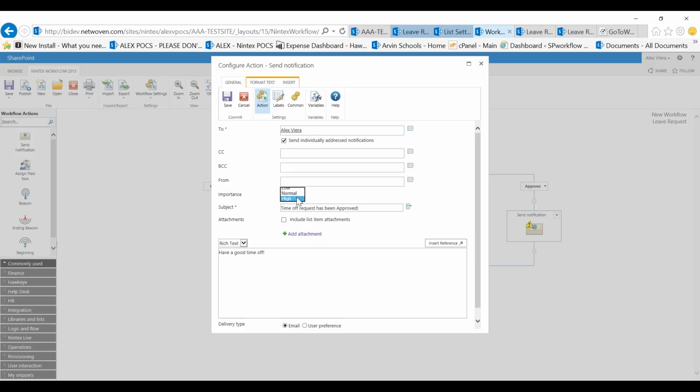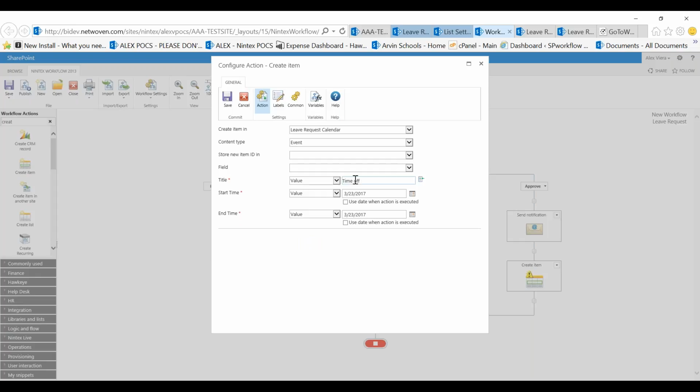The next thing we're going to do, a little more complexity, is I'm going to come up here and create an item in a shared list like I was showing you. So I'm going to configure, and we're going to say where do we want to create the item. I can create items in different lists, but I want to create it in a leave request calendar, and the content type is an event. So what I'm going to do is set this to a value. We can come up here and I can actually say time off for,